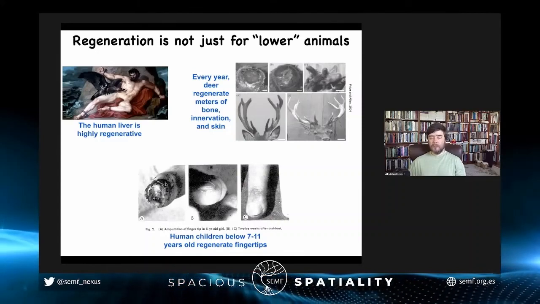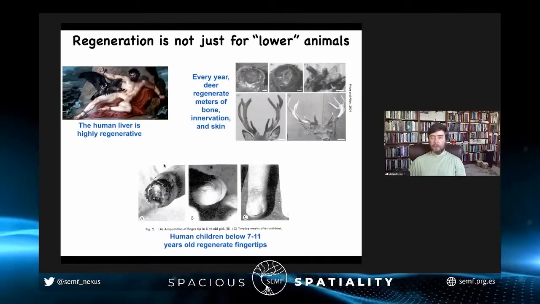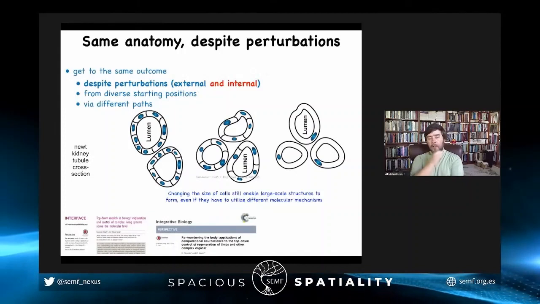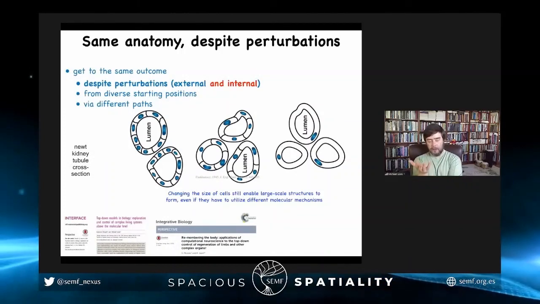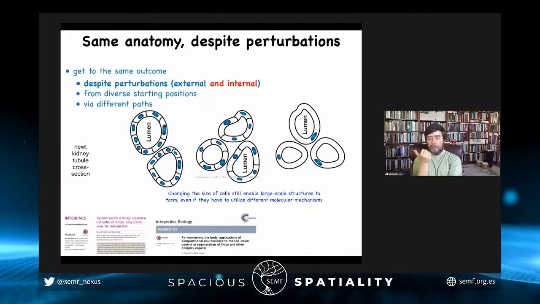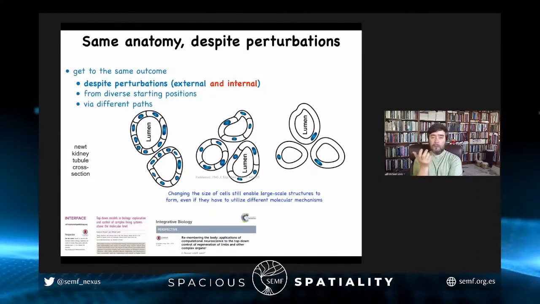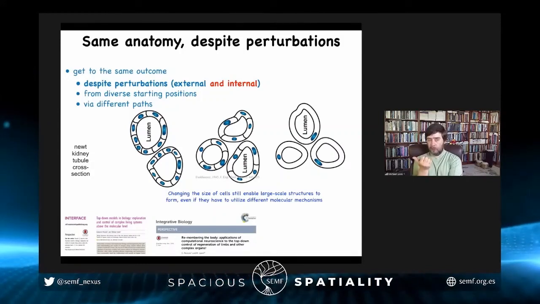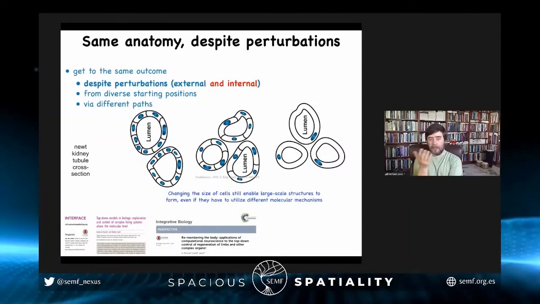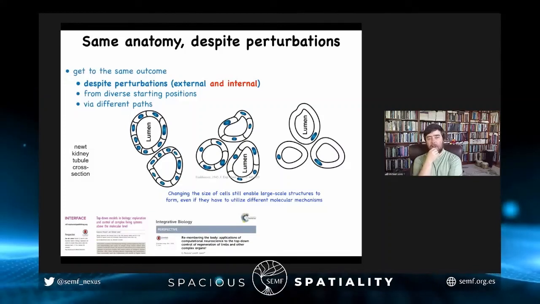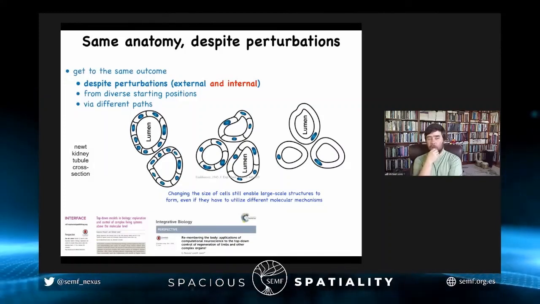So we have some ability to improve our position in morphospace. One of the most amazing things about it is that as a body, as a living creature, you can't count on your environment. You can't count on the environment being the same as it was before. You can't count on not being perturbed during the developmental process, maybe physiologically, maybe metabolically, maybe with a parasite or a teratogen. So you can't count on that, and you still need to get your job done. In fact, you can't even count on your own parts being what you expected them to be.